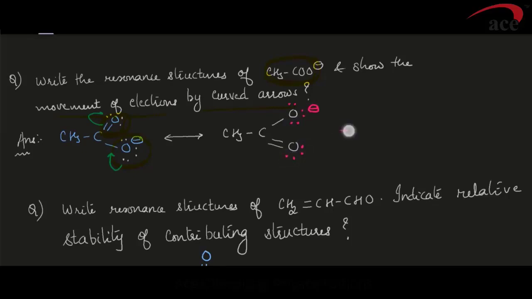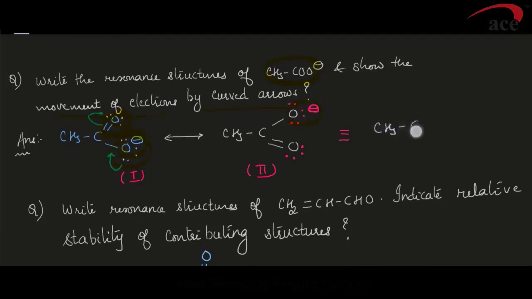We can also write down the resonance hybrid. Structure 1 and structure 2 are energetically equal structures, but the resonance hybrid can be shown as follows. It is found that the negative charge is being dispersed between these two electronegative oxygen atoms. Initially in structure 1, the negative charge was on this oxygen, and in structure 2, the negative charge was on this oxygen atom. But both are considered to be the acetate ion only. So structure 3 would be the resonance hybrid.